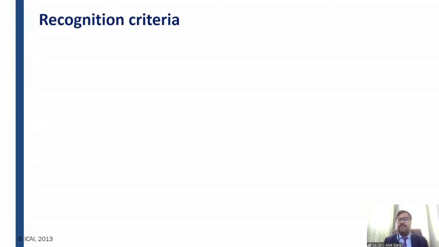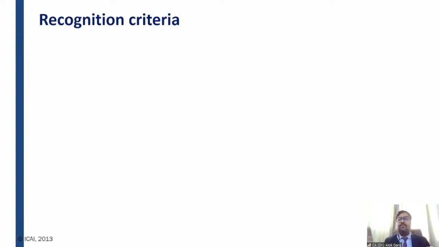So friends, we have discussed the definition of PPE. Now we are going to discuss recognition criteria. So far we have understood what the definition of property, plant and equipment is. Now, if an item is meeting the definition of PPE, should we recognize this item in the books of accounts as property, plant and equipment, or should we recognize it as other assets, or charge it off in the profit and loss account, right?